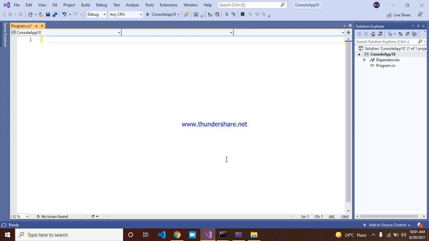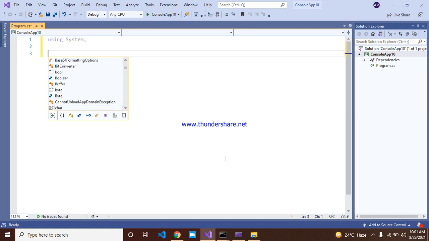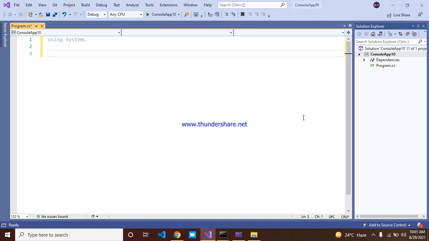Every C# program will start with the namespace using System. This is the namespace. After that, everything we can write inside the class only. That's the reason we write the class. What is the class name? Whatever you are doing in your application, in your project, in your task, write that as the class name. Like this, the class name is Pattern 2.